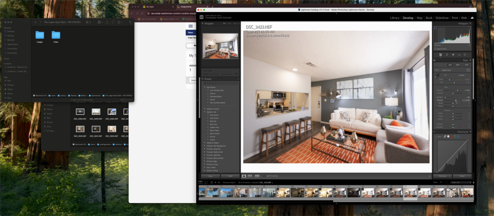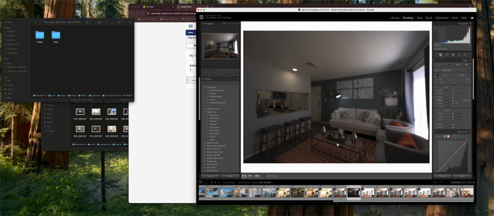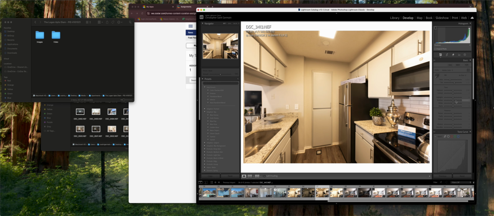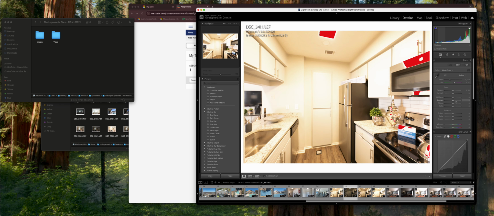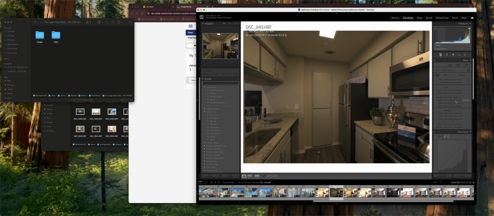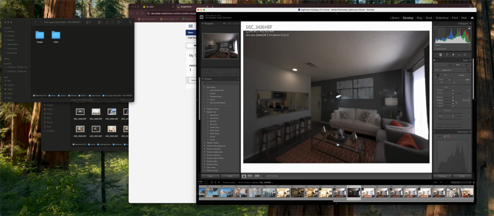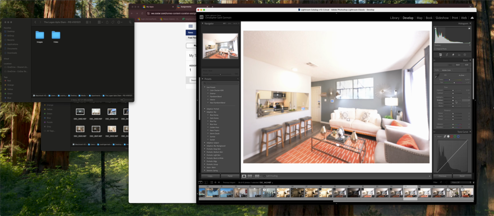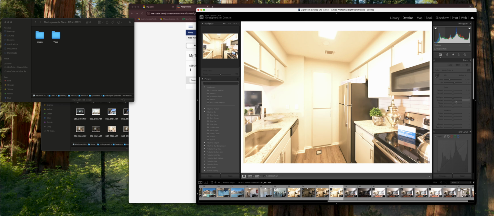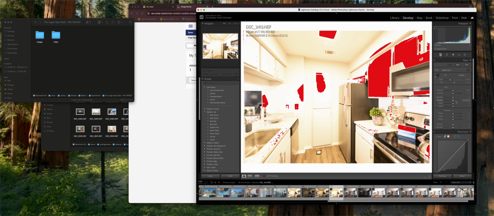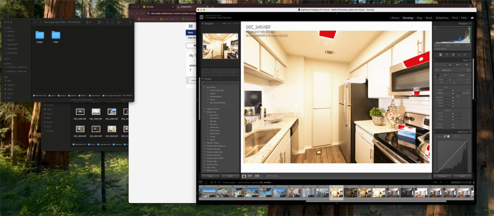which is a problem because there's only one model for this apartment complex and it's very small, so we need a representative of the kitchen, we need a representative of the living room. That's two very important images that we now don't have. The only way to fix that is to go back to the apartments. But let's carry on with